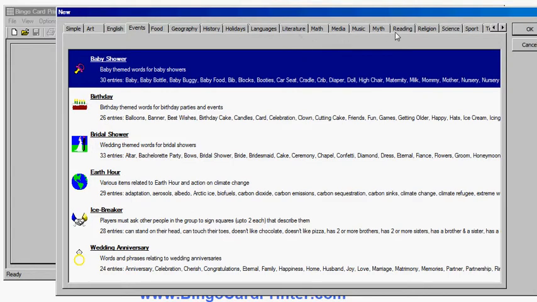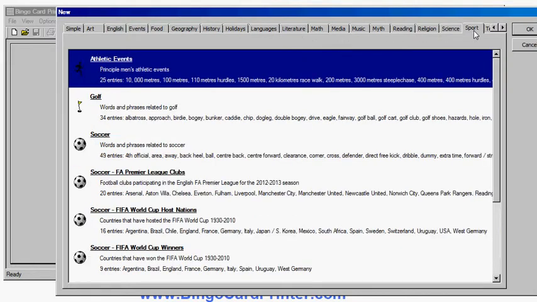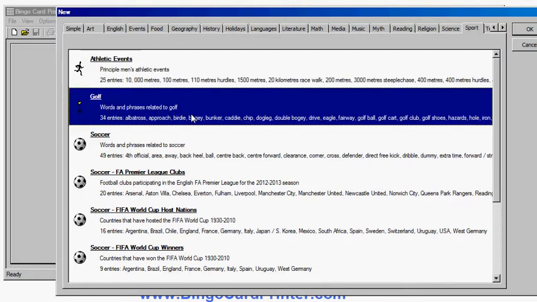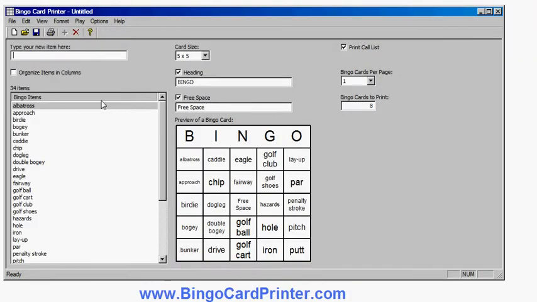If I go all the way across here to sport, I can find golf, and it's got bingo cards with words and phrases related to golf. So I either double click on that or click on that once and then click OK, and I've now created my golf bingo card. Now if you look on this list here, a list of words relating to golf,